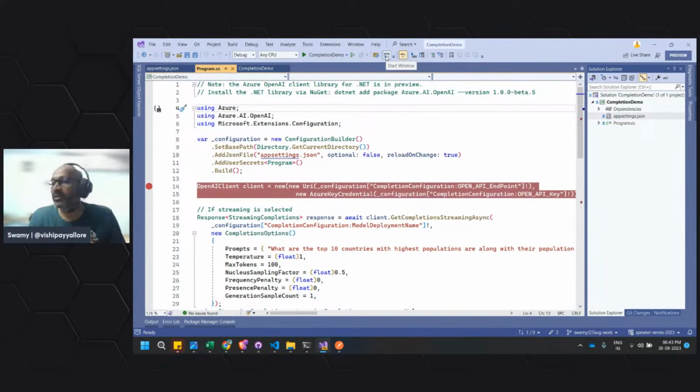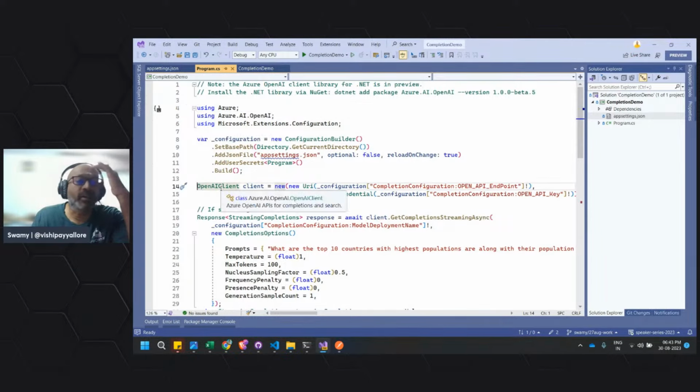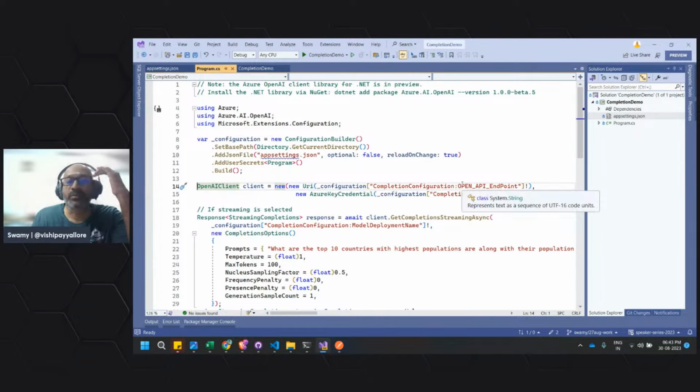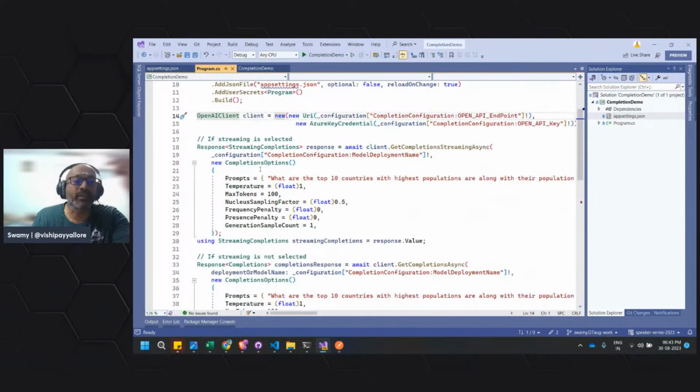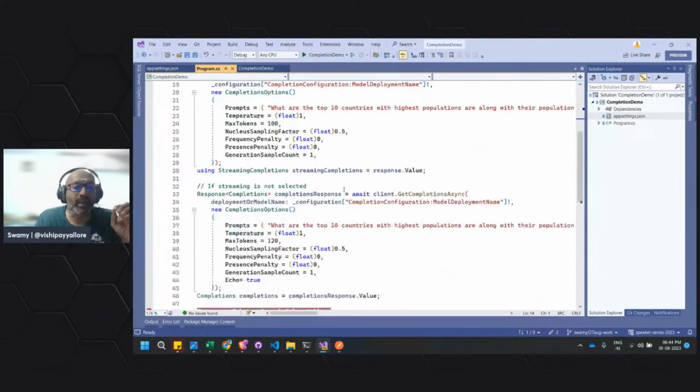If time permits, I will show you that one also. So here you can see that we are using the OpenAI client, passing to it the OpenAI endpoint and the deployment name, and we are using the prompt over here. And this object is a little bit different from the rest of the things. You just have to be a little careful over there.